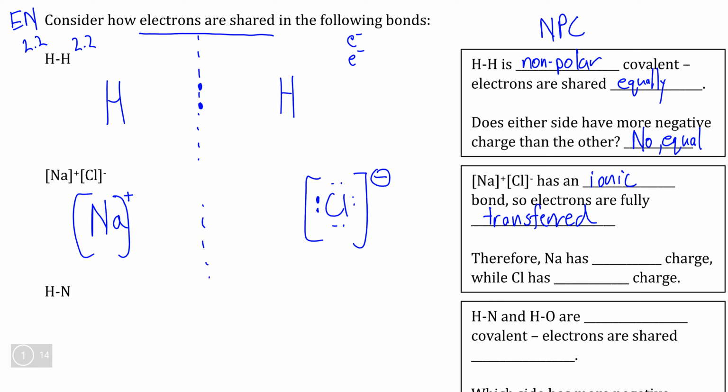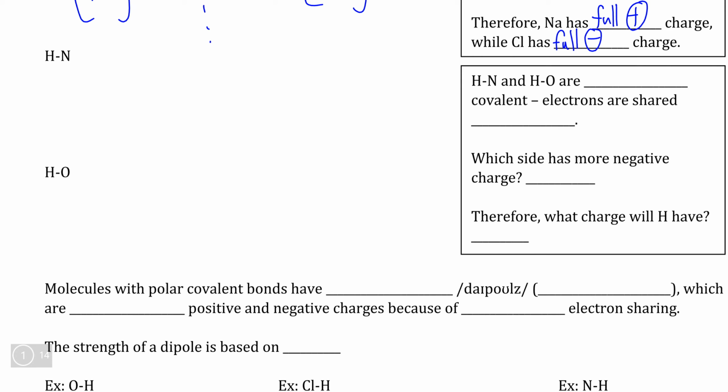Now, if we, again, represent this as how far away the electrons are to the dotted line, we see that sodium's electron goes all the way over here, whereas chlorine is viewed as pulling sodium's electron all the way over here. And for this reason, chlorine has a full negative charge, while sodium has a full positive charge. This is the exact opposite situation as with hydrogen, where an electron is fully moved over to one side. But as we'll see with the covalent bonds below, they're not quite so cut and dry as our extreme examples